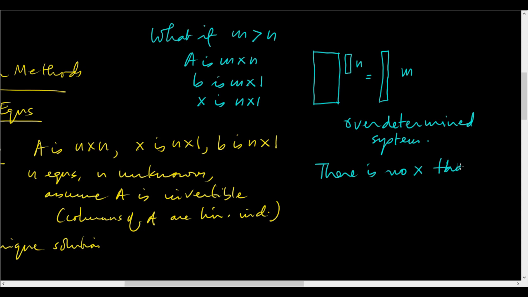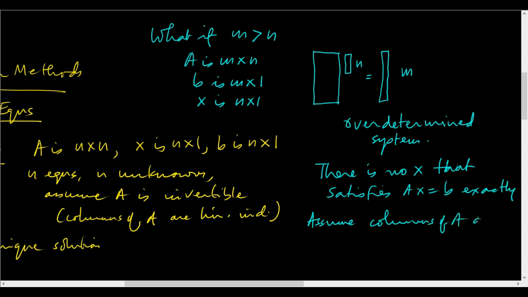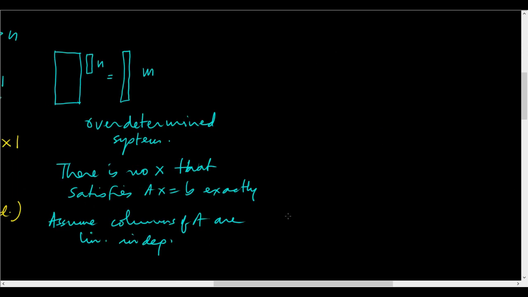that satisfies Ax equals b exactly. Okay, assume again columns of A are linearly independent. Okay, so what we do in such cases, one of the things we can do is do a least squares